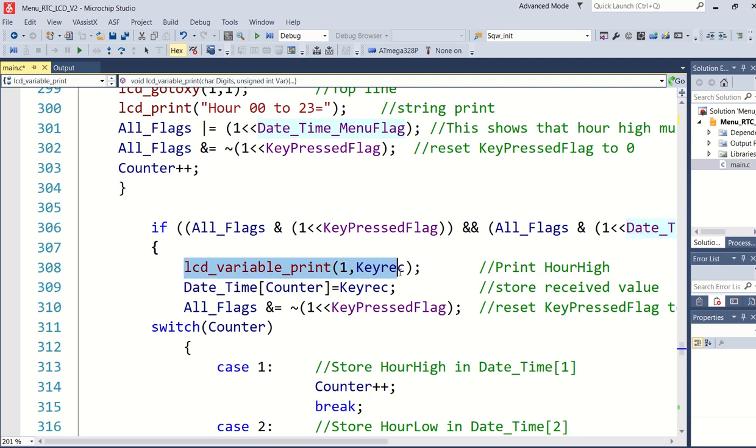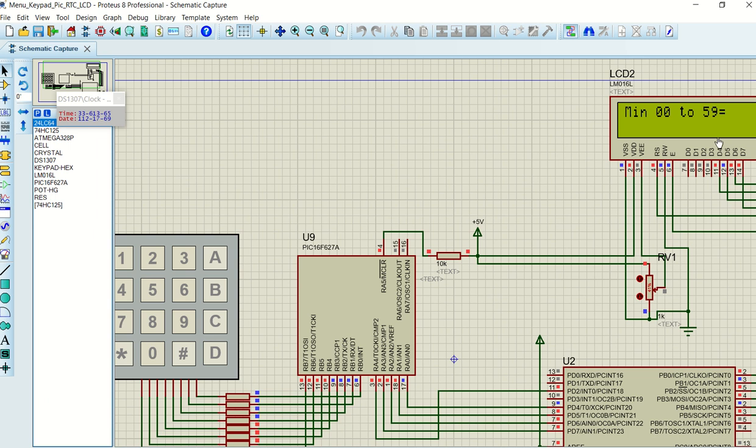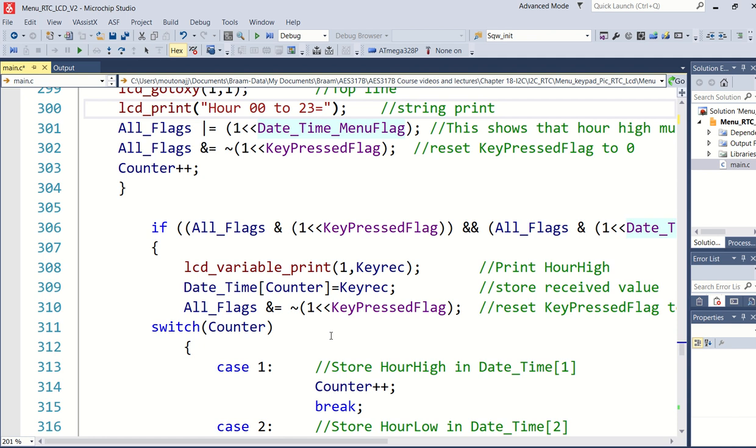And what do I say? Print that value. So this is why, remember we've printed directly after the equal sign here, we've printed a 1. And that key rec is 3, it will actually print the 3. And we saw it already. We saw it was 1, 3. It waited for 1 second and then it went to the next menu. So let's just go here.